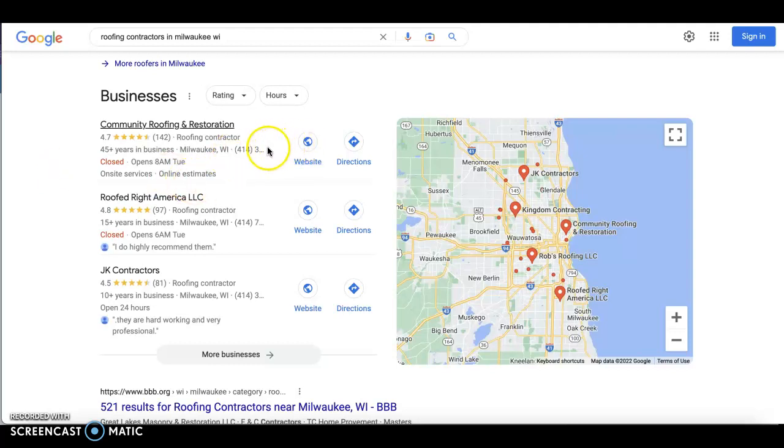Whoever has the most citations is going to get a spot here. It's very important that you are one of the top 3 ones because most people are going to click on them, right? So that's how you can get into the map pack. And of course, also you continue to take care of your business profile. Keep it up to date. Make sure you add photos, reviews, updates, and make sure that all the information is correct and that it is matching the information in your website.